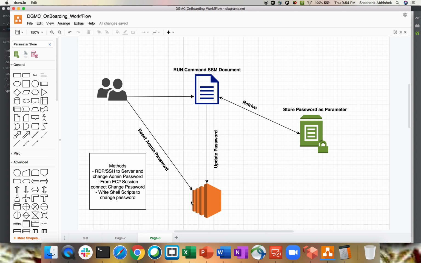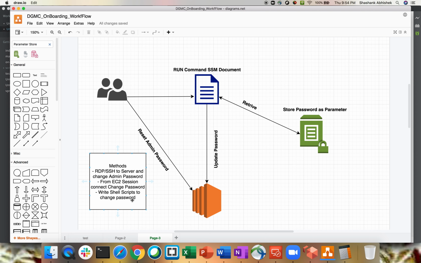What are the methods that you can apply? Either you do RDP or SSH to the server and change the root password. That's one way of doing it. Or, from the EC2 instance, there is another module from Systems Manager called Session Manager. You can use that to change the password.